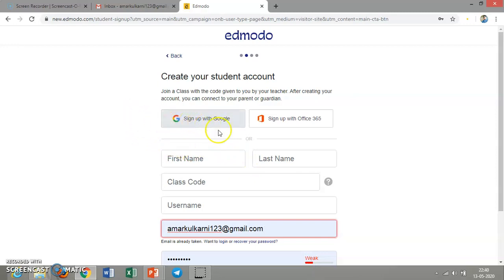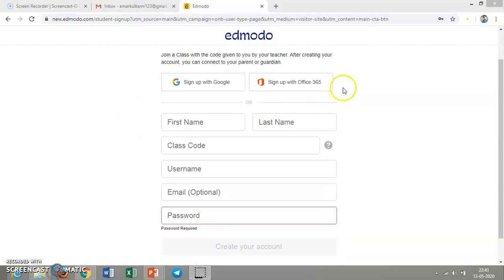Either you can sign up with your Google account, or sign up with Microsoft Office, or you can sign up by filling in this information: first name, last name, class code that has been provided by your teacher, username as you want, email ID and password as you want. After filling in this information, this create button will be visible.